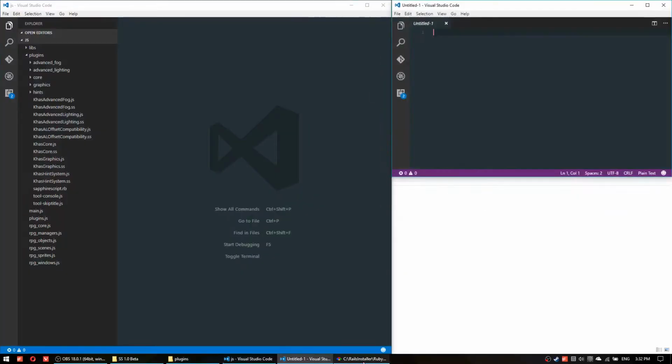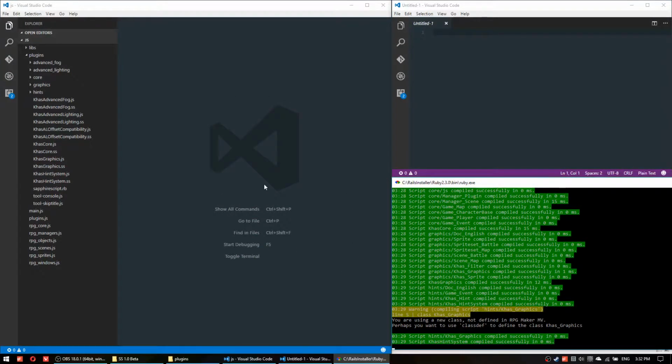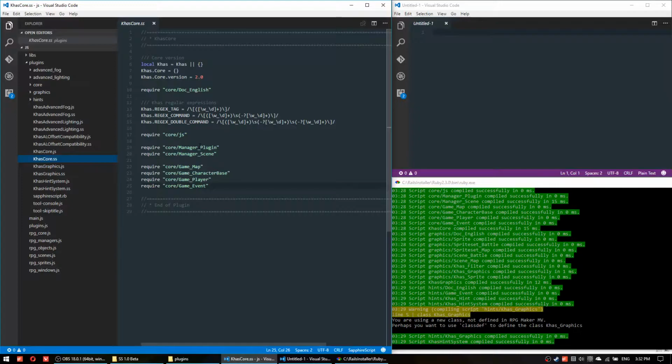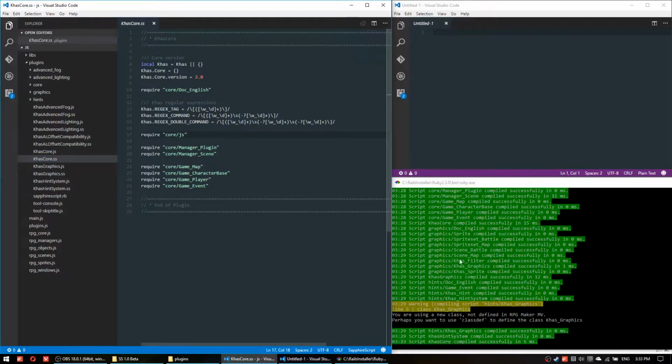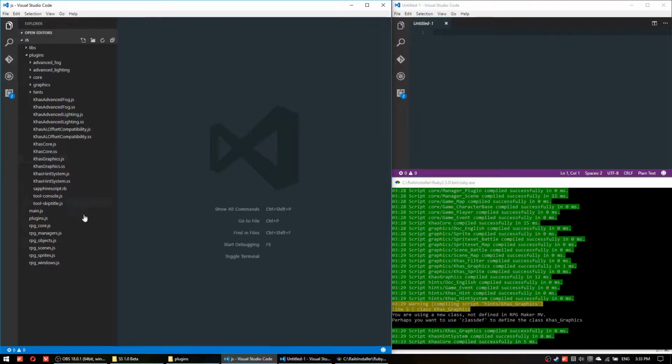So here I have Visual Studio along with the compiler running and watching for the whole folder. So if I open my core script and hit Ctrl S to save it, you see that the SapphireScript compiler just goes and compiles the saved script. So yeah, that's it. So I have my workspace here, and I'm gonna create a new file, and